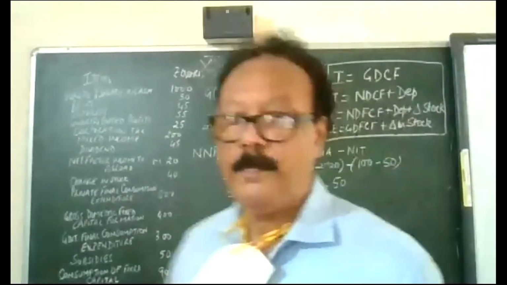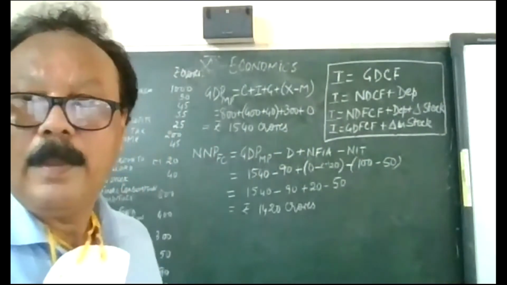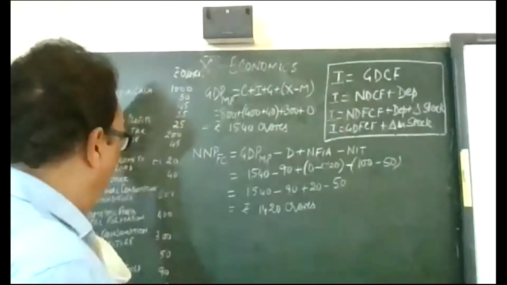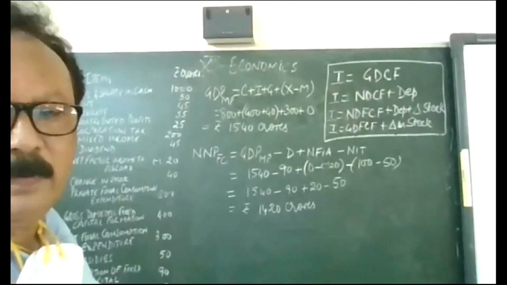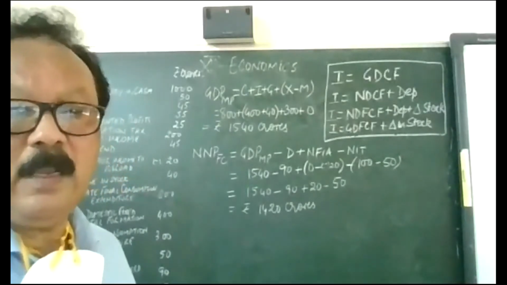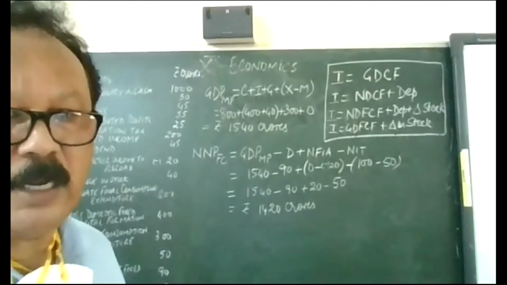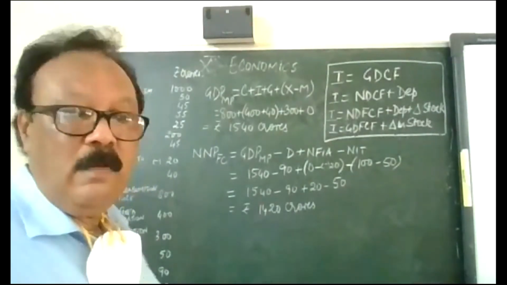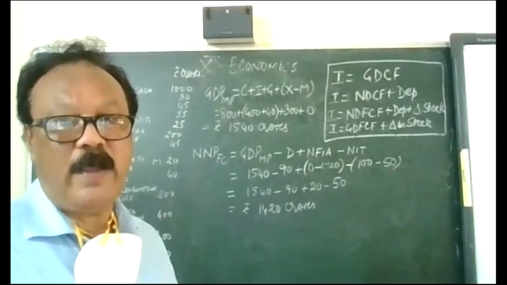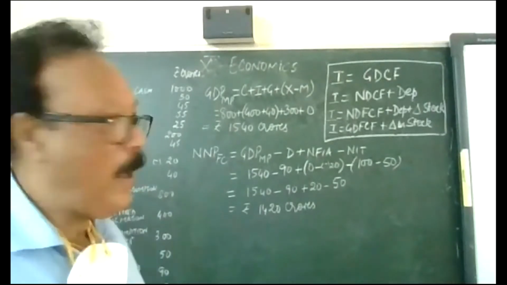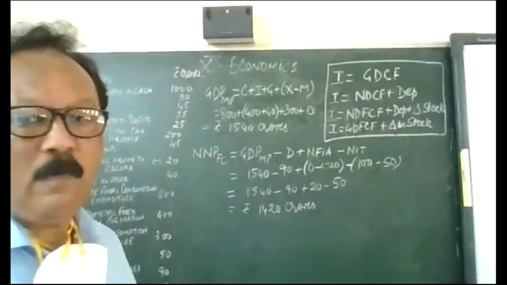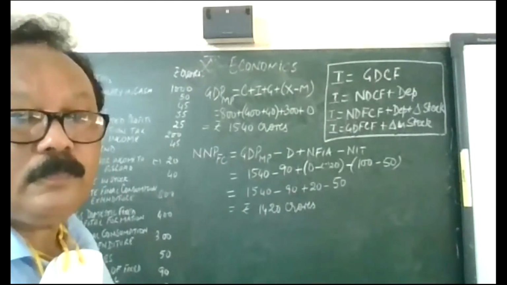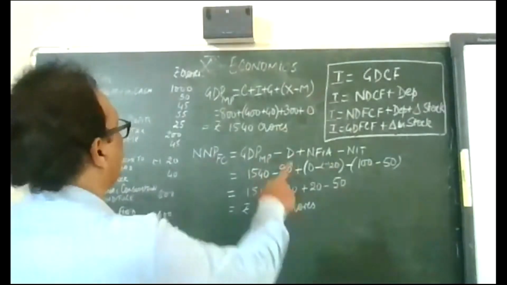Is it clear, children? Any problem? I am repeating once again from the information given in the question, and I'm saying this question we have done earlier using the income method. So you can check out the entries also. And first thing that we do in expenditure method is find GDP at market price. And the formula told you yesterday was C plus I plus G plus X minus M, that is net exports.